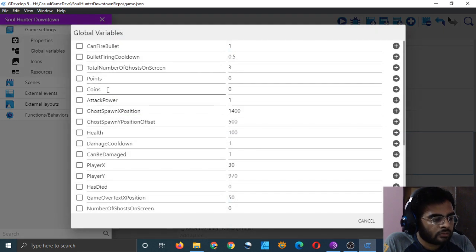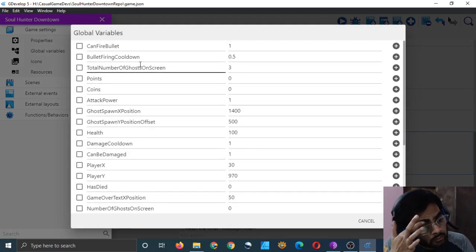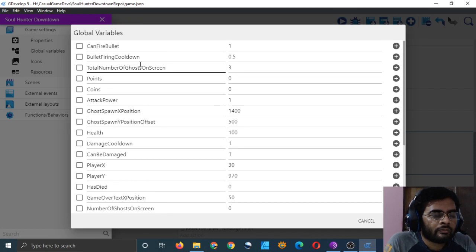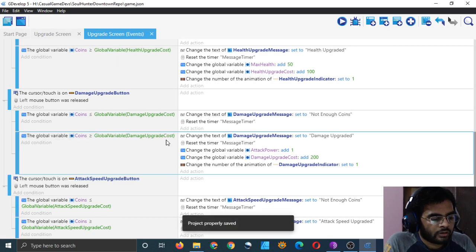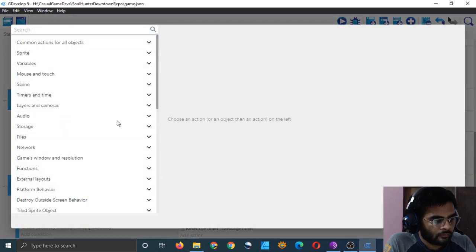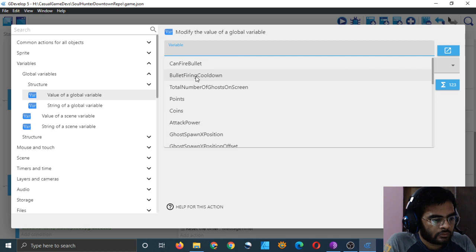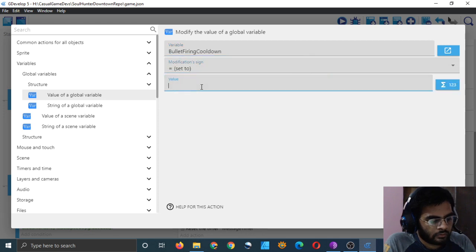Same thing will happen in the attack speed, and let's see, the attack speed is governed by the cooldown. Bullet firing cooldown, right now our cooldown is 0.5, and in order to increase the attack speed, the cooldown should be less than 0.5. So I guess we will make our cooldown 0.3, right? 0.3 should be proper, or 0.4 will also be. 0.3 is better because player will be able to notice that change. Okay, we will change that here. Change the global variable bullet firing cooldown to 0.3,